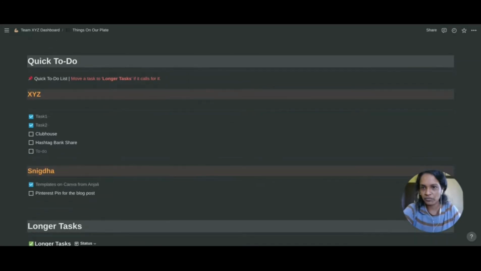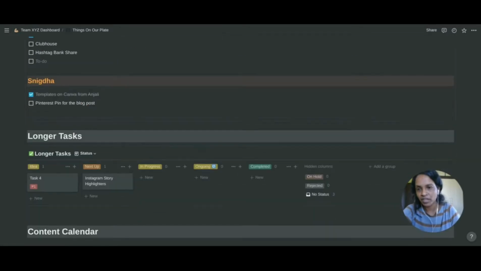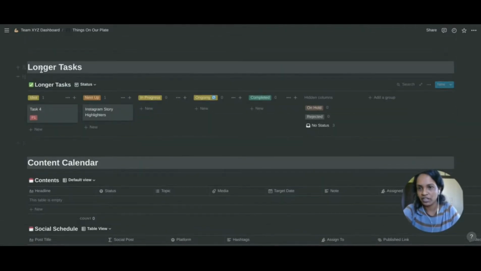So in this page, what I have here is just a quick to-do list so that I can quickly assign some tasks either under my name or under my client's name. And then we have a longer task list. Any task that would take a longer time and we need a proper way to track the progress from the idea to the completion, we move it under this.